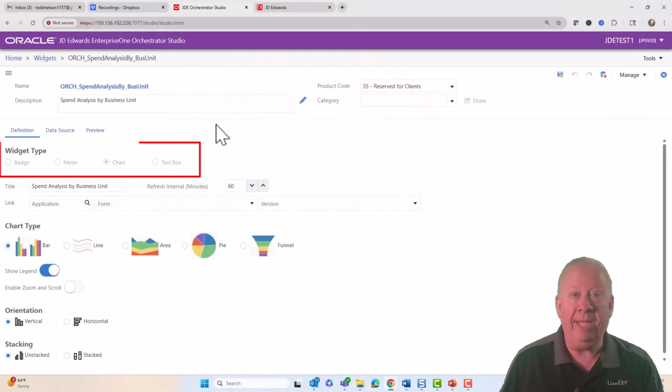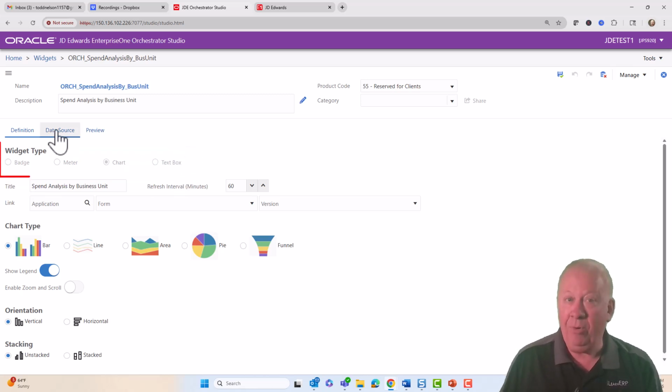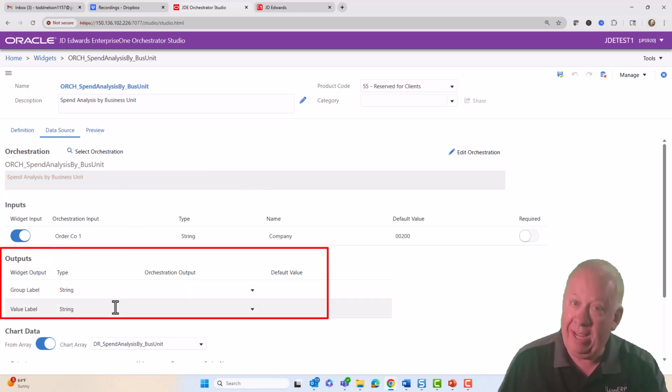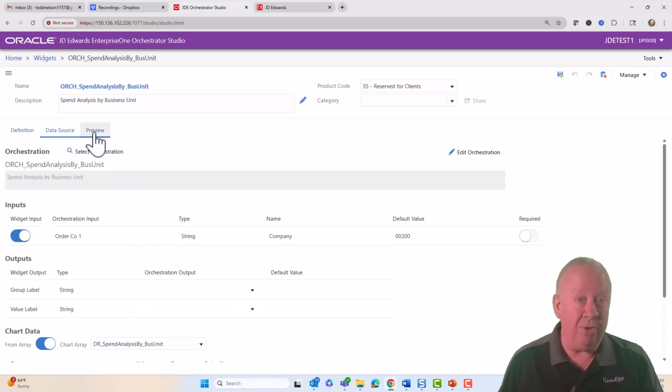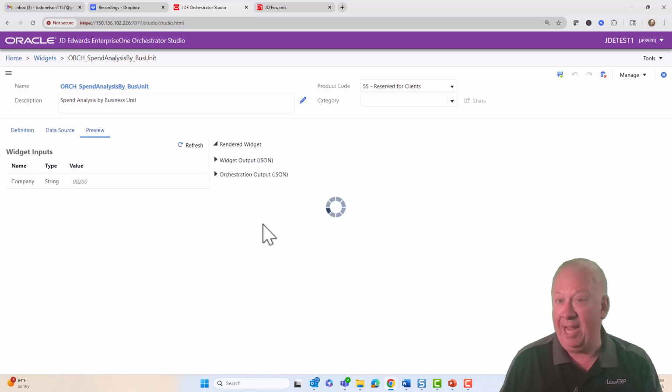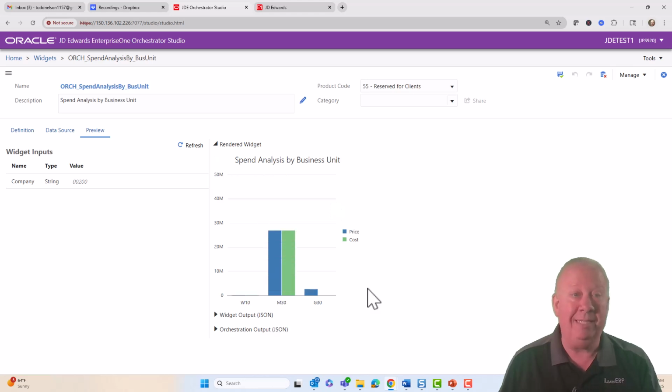So here on the widget page, we select the type of widget we want to use, and we select that orchestration and the outputs from the orchestration that will feed this widget, whether that's a tile or a chart. Then we can preview the widget and make any changes desired before we go over to the EnterpriseOne side and